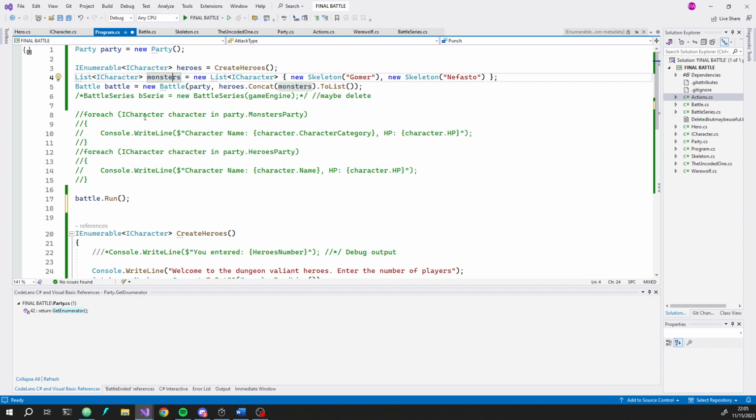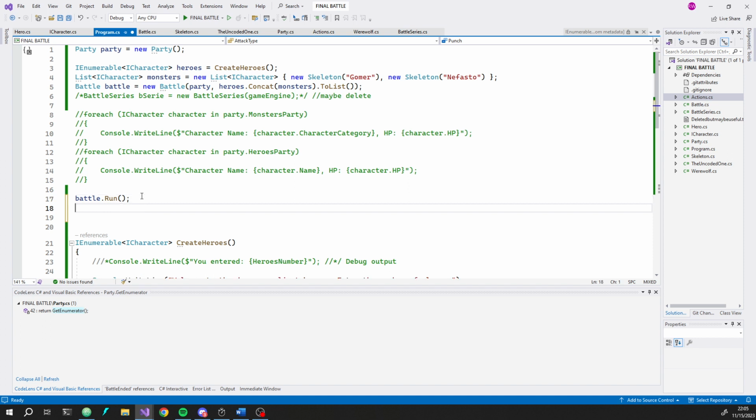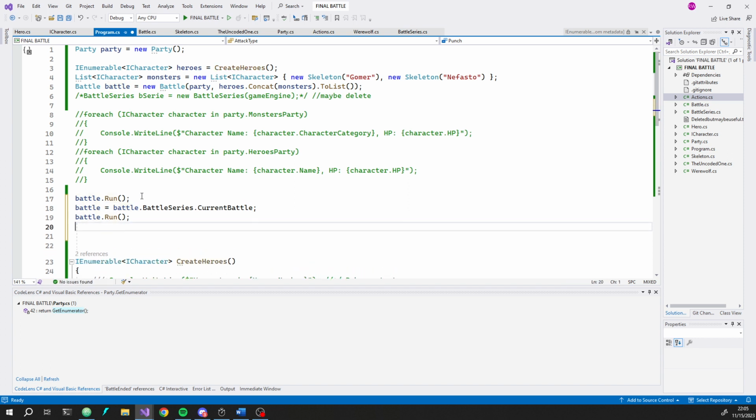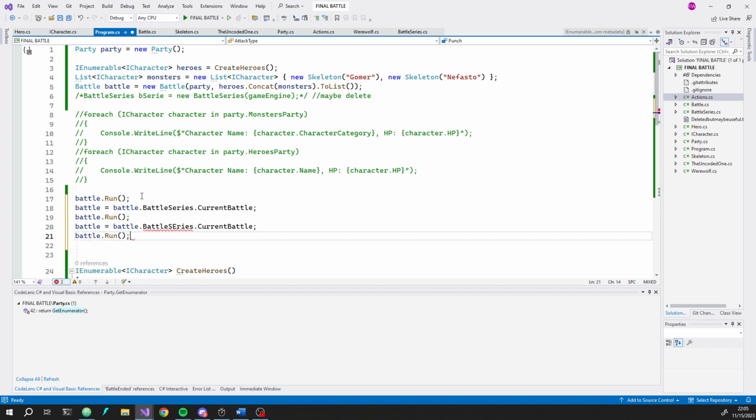As I said, I'm really close to it. What I could do here is say battle series, and this has been updated. We just did this. Current battle equals that, and then battle.run, right? We could do that, and then say battle equals battle series, battle.run. So now for 3 times we'll run the battle, and then we'll update to the next battle,